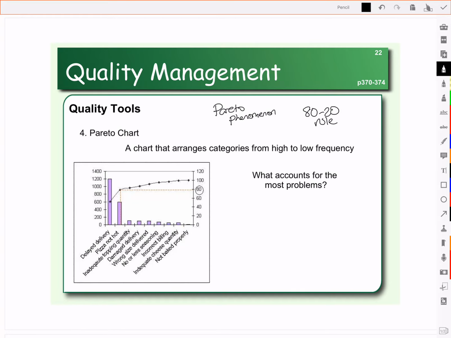Damage, wrong size, less seasonings, incorrect billing, and so on. Rather than try to address all of these quality issues that only impacted a small number of people, let's focus on the quality issues that impacted the most number of customers. So notice here this line chart that you see overlaid on top of the column chart. Well, this little dot here shows you that if you can deal with the delayed deliveries, 1,200 complaints would have